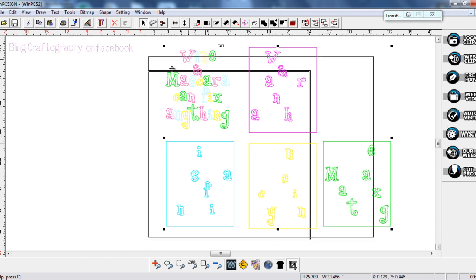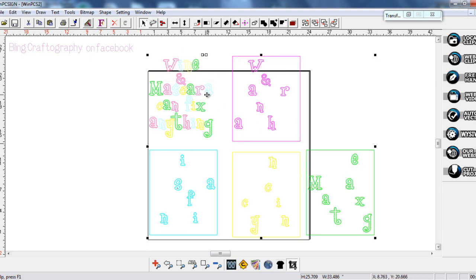It's all together, and you've got one that's all made, and then you've got pieces over here, and these pieces over here have different colors around them. The pieces that are purple have a purple cutting box. The pieces that are blue have a blue cutting box. So when you send it to your cutter, you're going to be able to take and cut all this out